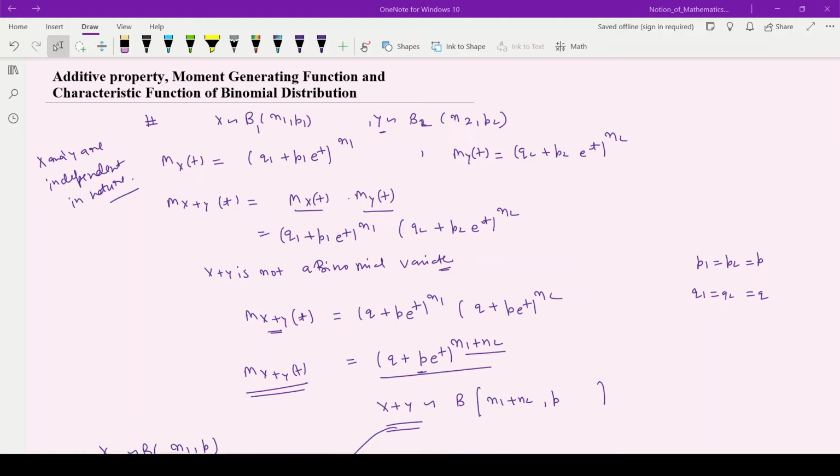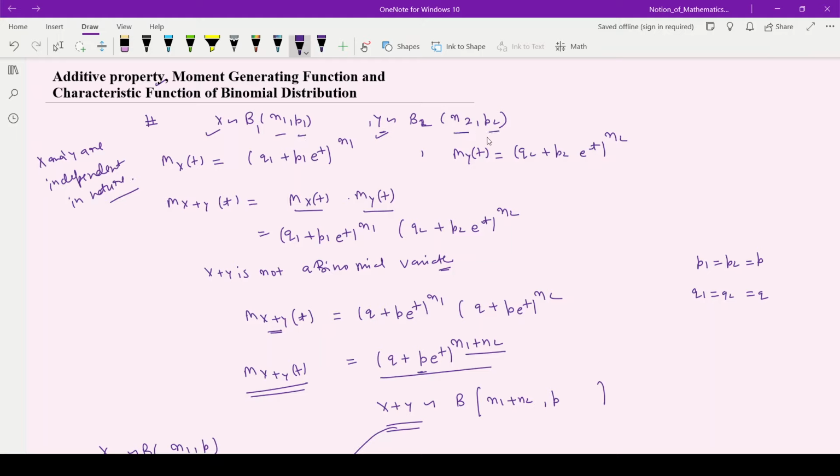Hello students, today I am going to discuss a few concepts regarding binomial distribution. First of all, I will be discussing the additive property of the binomial distribution. Suppose X and Y are two binomial variates I have taken, where X has parameters n1 and p1, Y has parameters